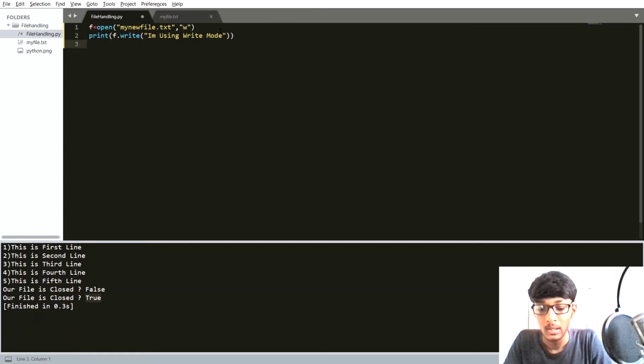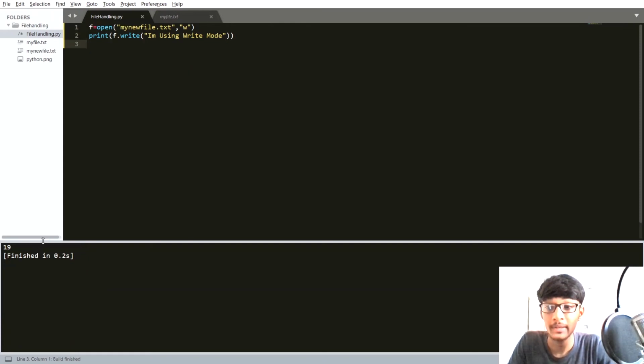Okay, so now I'm going to run this code. So here you can see that our new file is created, my new file.txt. And here you can see 19. So what is 19? 19 is basically how many characters are inside your new file.